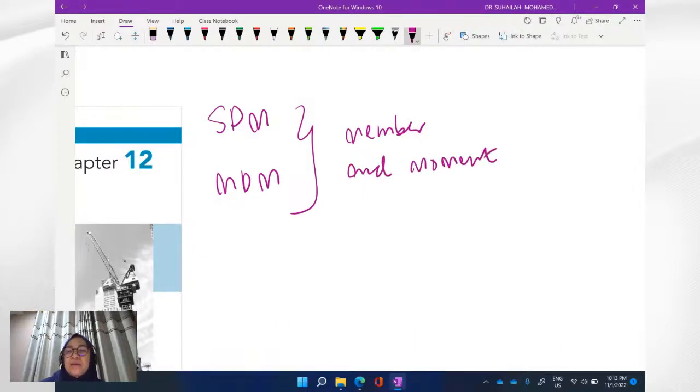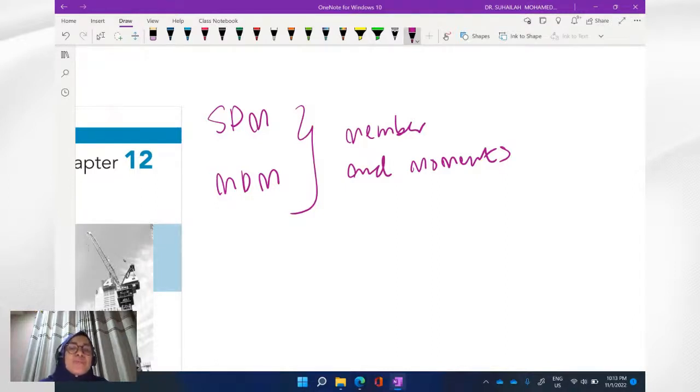Member end moment. So in understanding moment distribution method, there are many terms that students need to understand, but